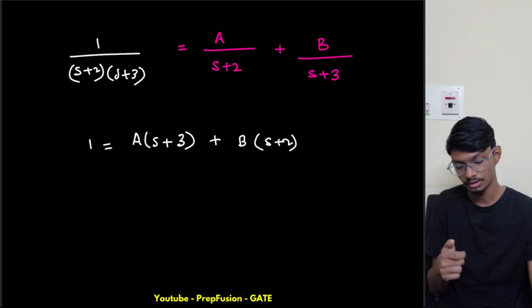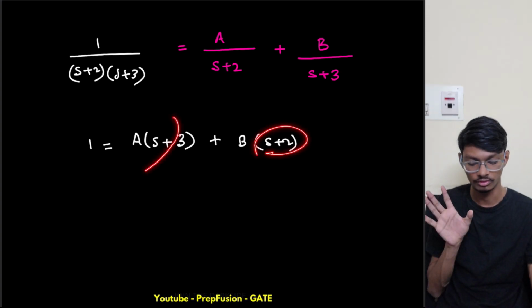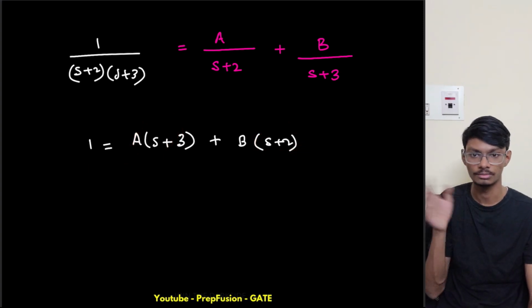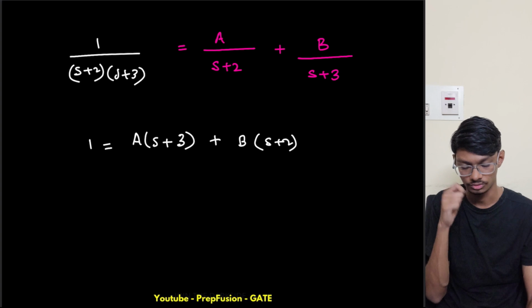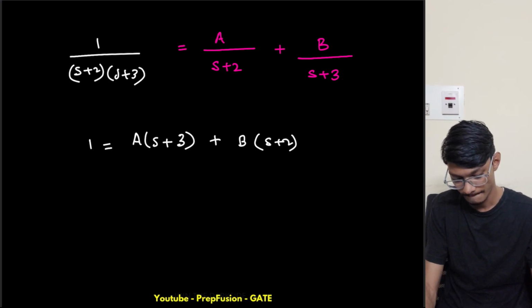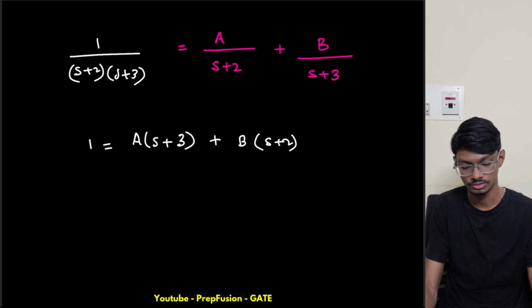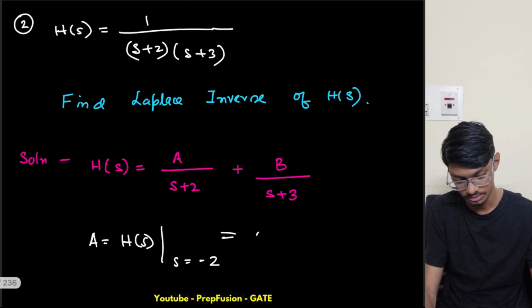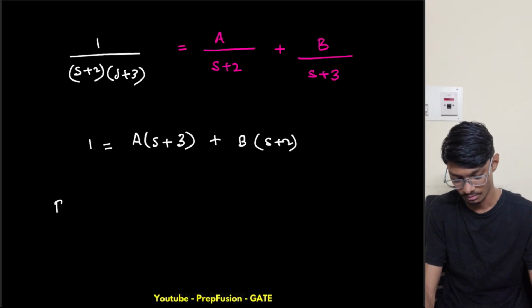Now if we put s equals minus 2, we are only left with a, right? So from this equation you can also solve. There are multiple methods, you have already solved all this. When we study Laplace, we learn all these methods. So putting s equals minus 2, this becomes 3 minus 2, that is 1, so a becomes 1 only, and b equals